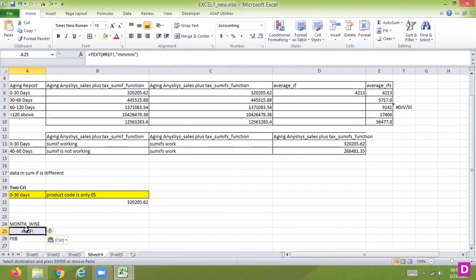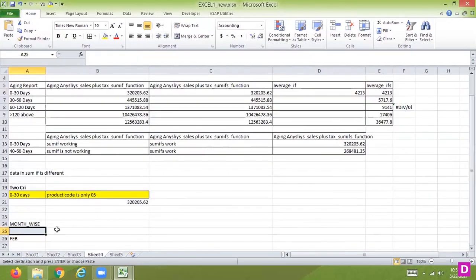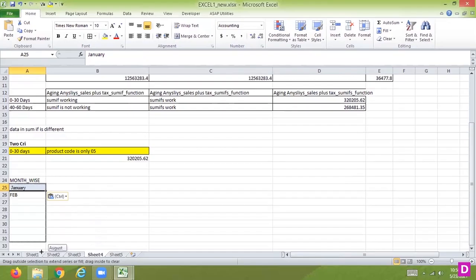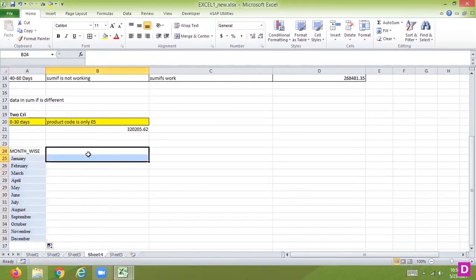We will check this January. This gives a reference error because that is a formula. Here we will not keep the formula, so we will copy and paste as values. We will paste this value January, then February, March, April, May, June, July, August and December. Now we want to do analysis on the basis of